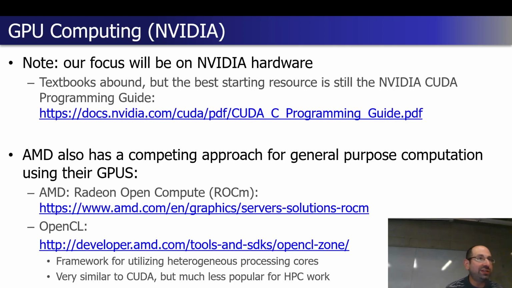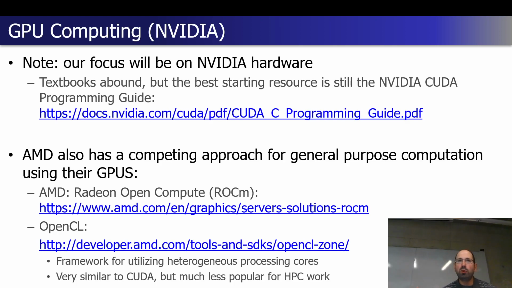There's also OpenCL, which is very similar to CUDA. It's much less popular, I'd say less popular for HPC work today. I find it a lot more complicated. I think the reason is the goals are slightly different. CUDA is designed for NVIDIA GPUs, and it will work just well: this version of CUDA, this compute support on this GPU will work.